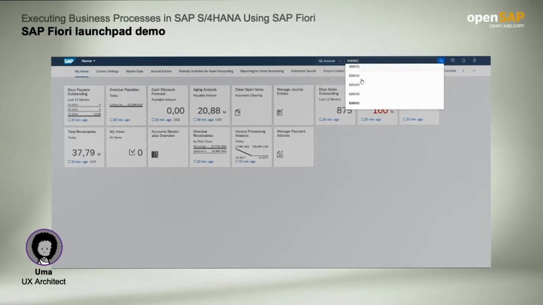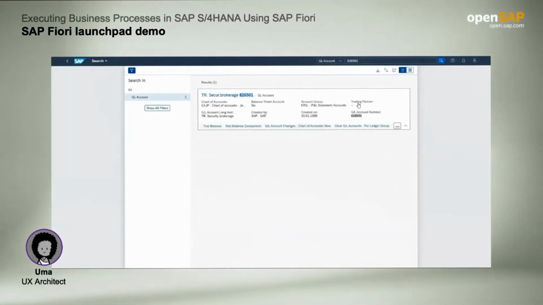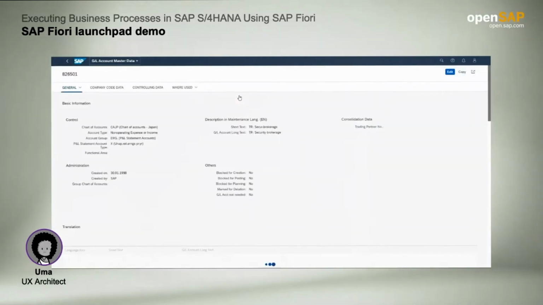As we type in the number, a list with the matching account numbers is displayed. Then we can select the relevant account and see the results. For this case, we just have one result. Let's open it to see the account information.